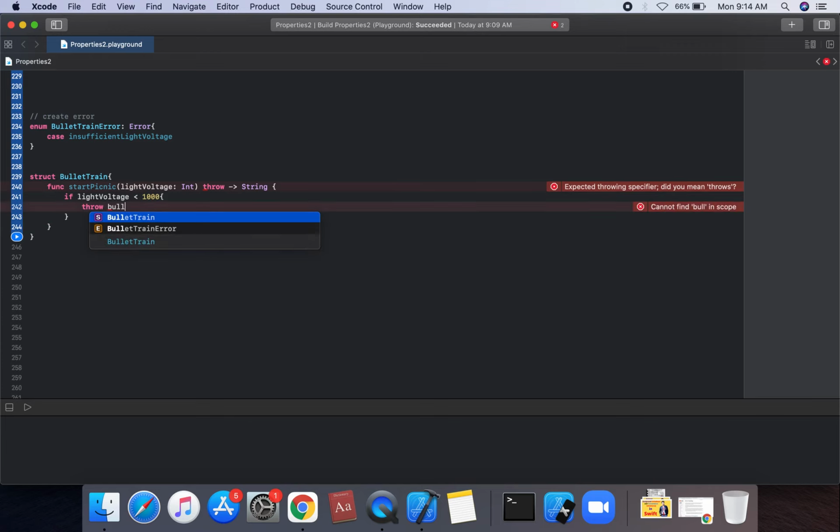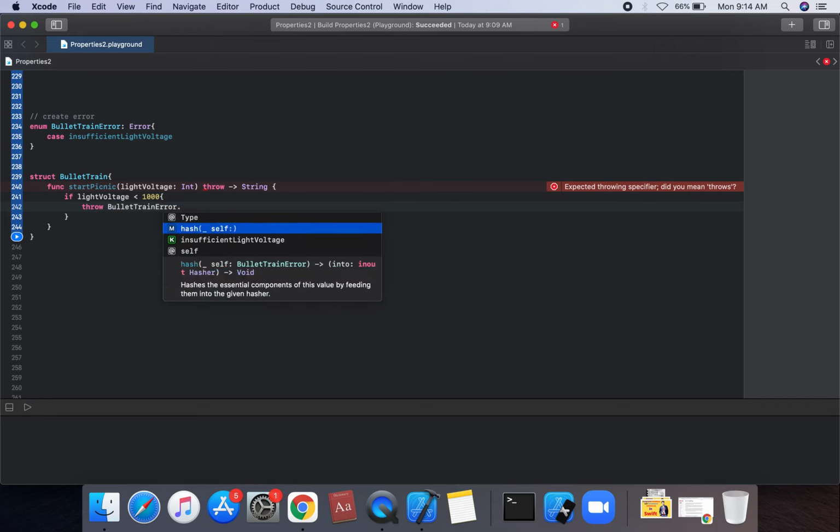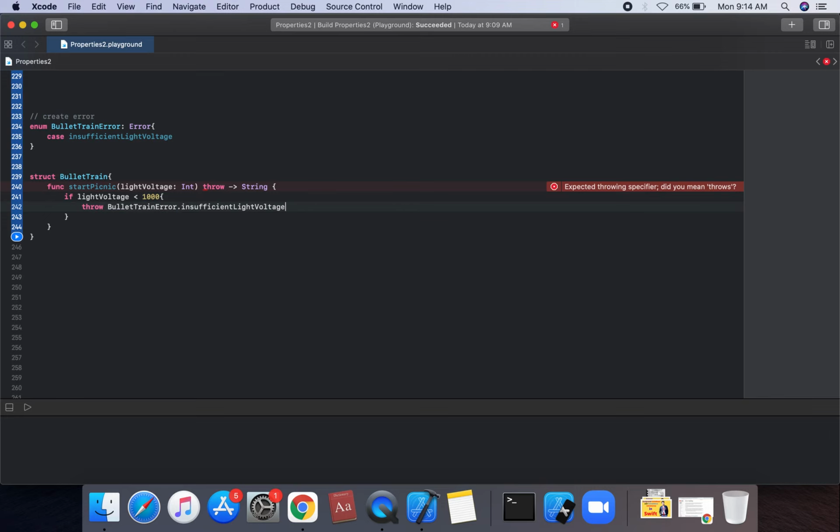In the if condition, we throw the error by accessing BulletTrainError dot insufficient light voltage. This error is thrown in this function.